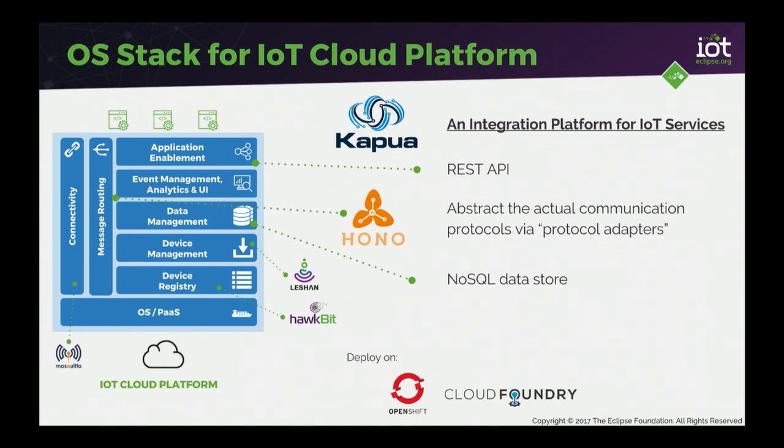And so these days, there's lots of development happening around Kapua with lots of activity from Red Hat, Eurotech. You can go check out the code. It's available as a Docker image, essentially. So what I actually highly encourage you guys to do is check out Kura. You can get Kura on your Raspberry Pi very easily, or run it in Docker. Get Kapua as well. Fire up a Kapua instance using Docker in some VM somewhere, and start connecting your Kura gateway to Kapua and see what you can do there.